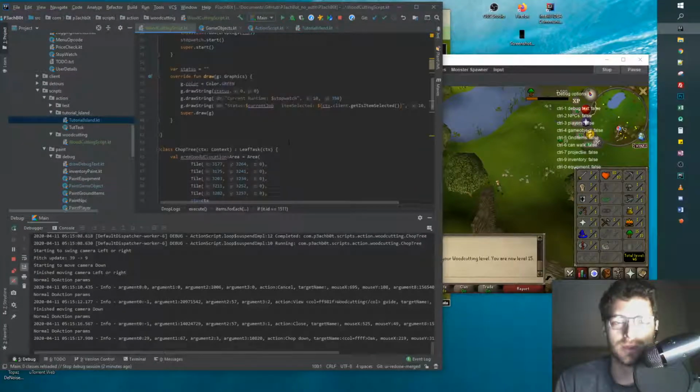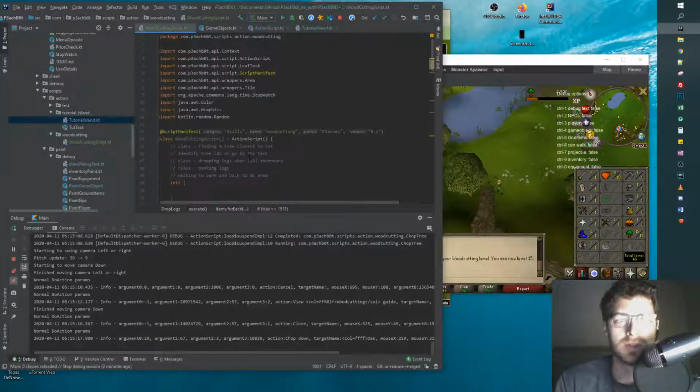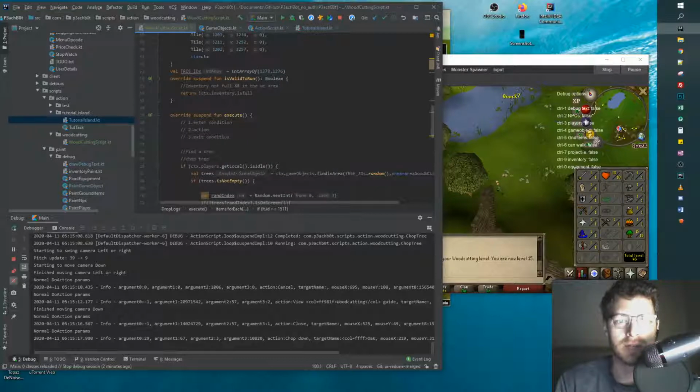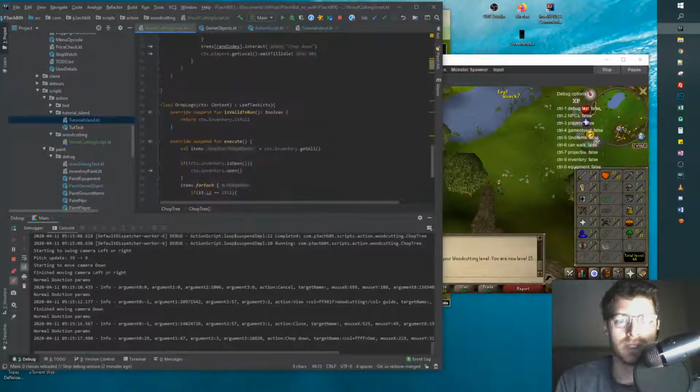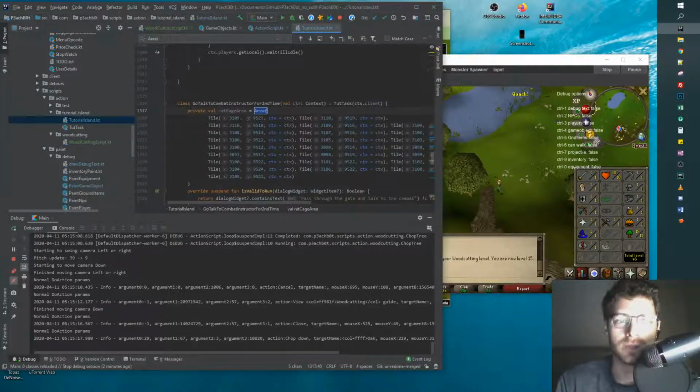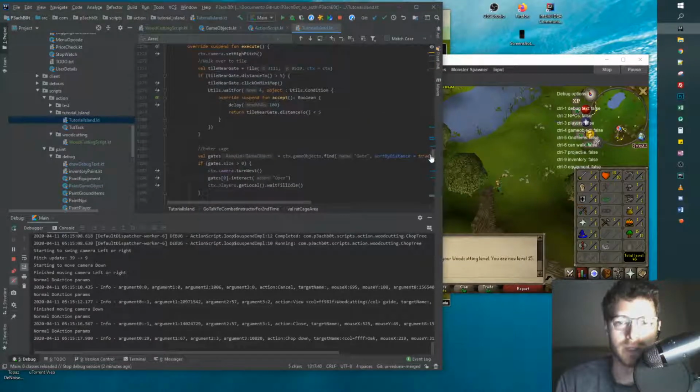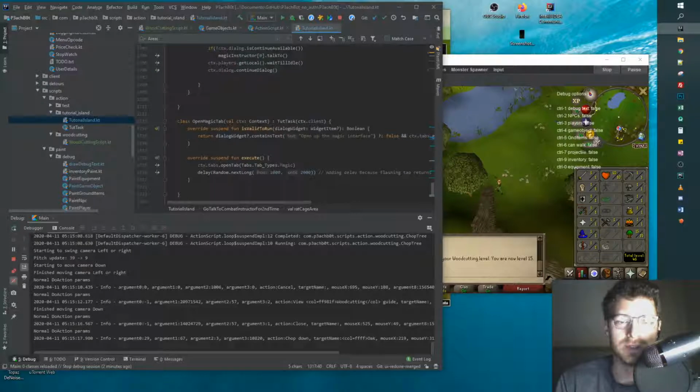When it gets really complex, you probably want to break these classes right here, like chop tree and drop logs, in their own files. Like this tutorial island is very, very bad, where you have a bazillion different classes and they're not in their own files. So yeah, hopefully that helps you out, and let me know if you have any other questions. We'll end this